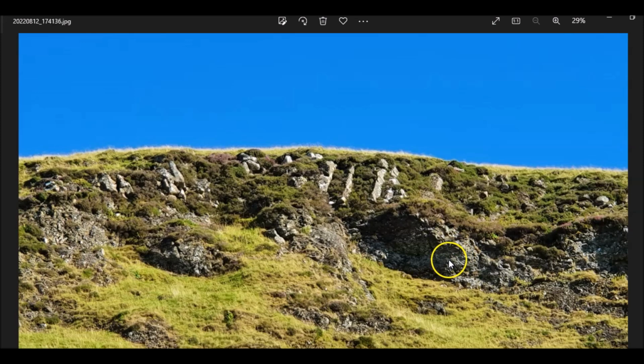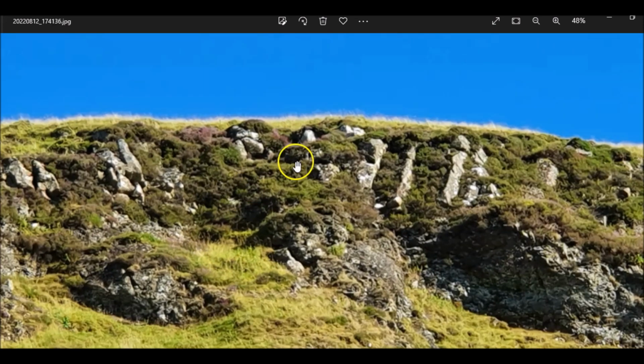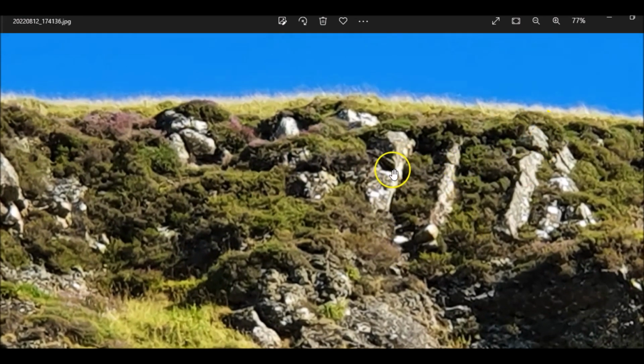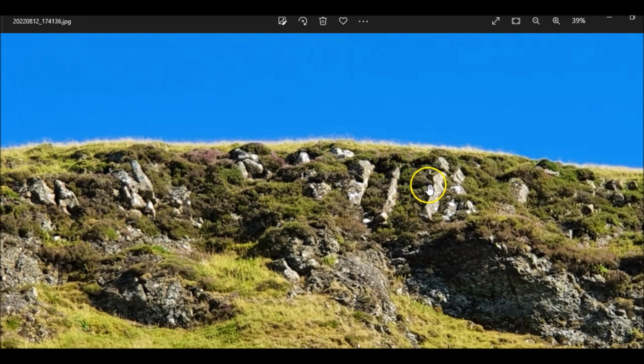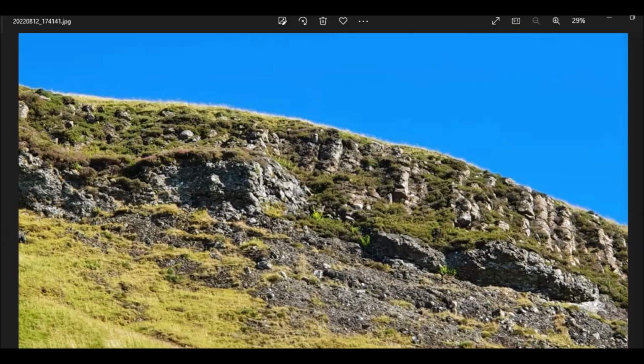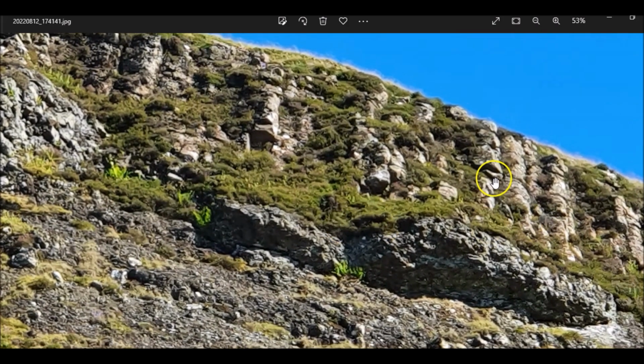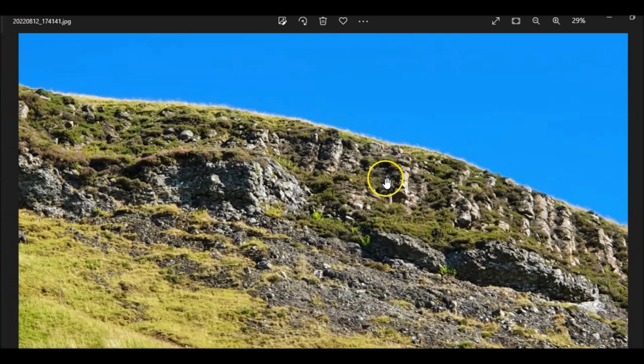And this is across the glen on the side of the other hill. And you can see all the lines here. It's very clear. And again, it's like different material.